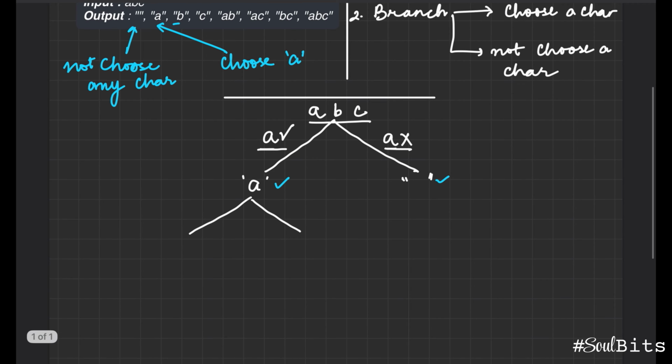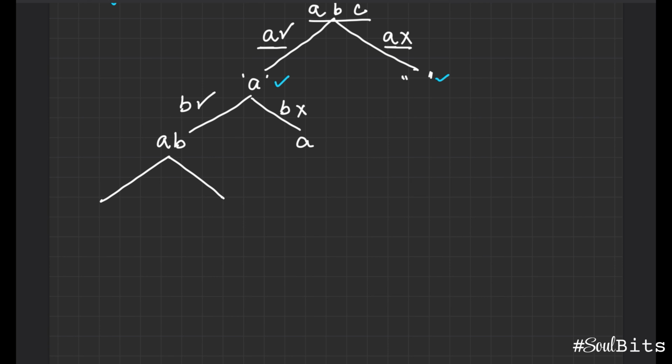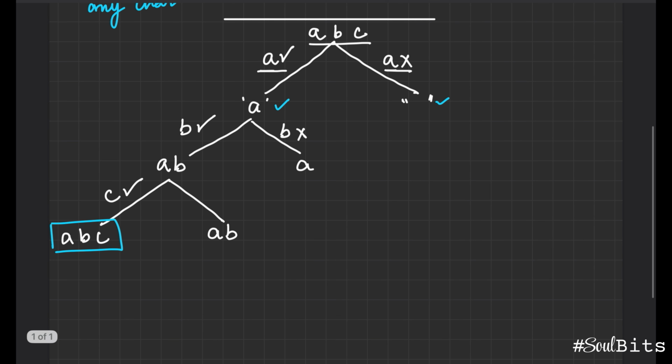Similarly, if we keep going to the left, we take the same decision of either choosing B or not choosing B. So here, when you do choose B, you'll get AB, but on the right, you'll get A because we did not choose B here. We go on, make a similar choice to choose C here, and your node will become ABC. And on the right, you say that I don't choose C. This is our terminal case where there are no more characters to be explored because our example was A, B, and C. We're already done with C here. So this is the leaf node of your decision tree.